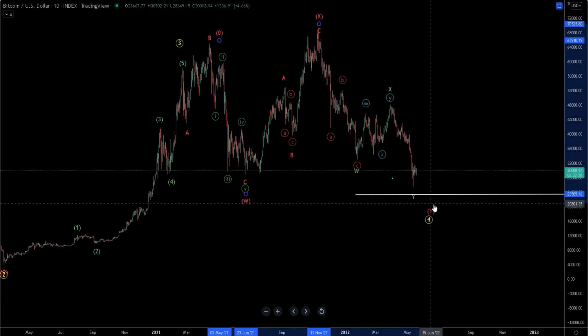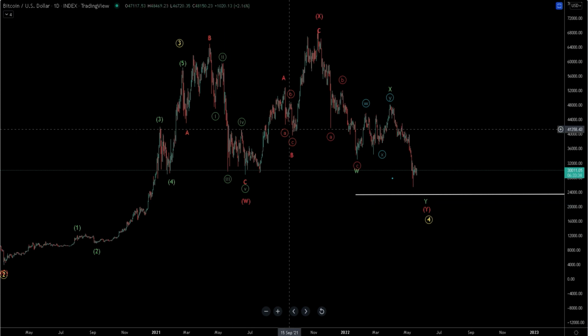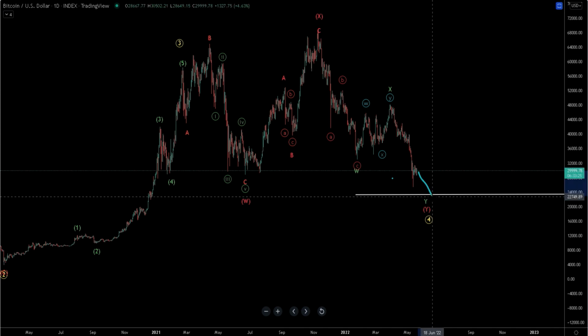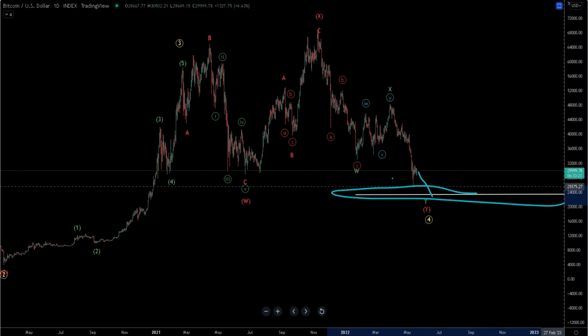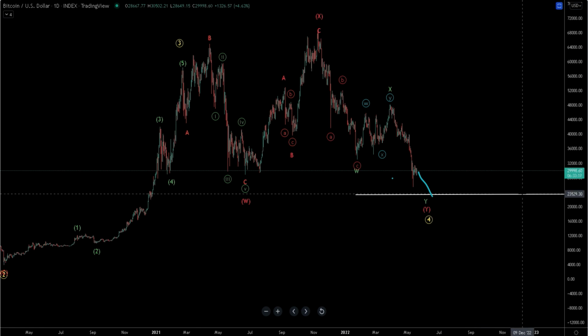All right. So we'll move this over here a little bit. I am looking for this whole bear run to bottom very soon. Come down here in and around this range of confluence, okay, that is represented by this trend line. This is not a target, people. This is not a target to buy. This is a line of confluence between multiple Fibonacci targets,